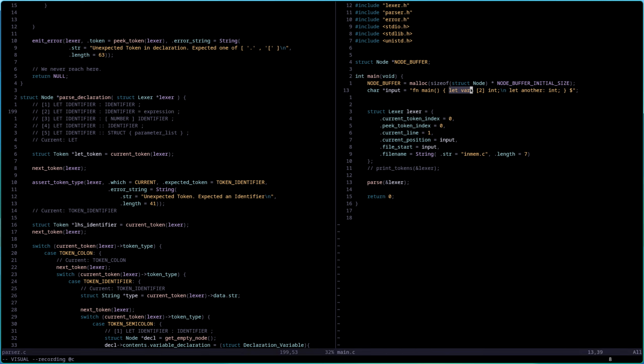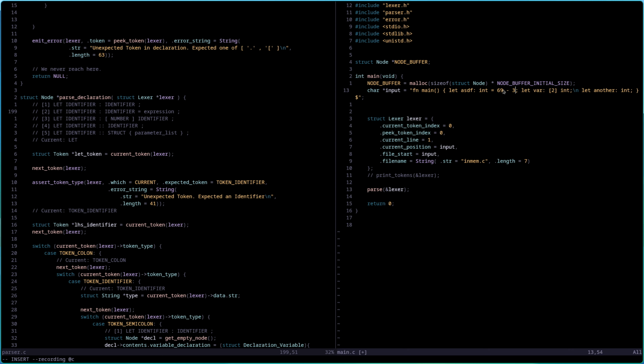So it's going to look like this: let SDF be of type int and be 69. That's the second one. Let identifier SDF colon another identifier equals expression, which is 69. You can also do -3, whatever.